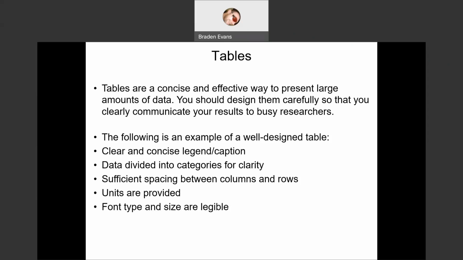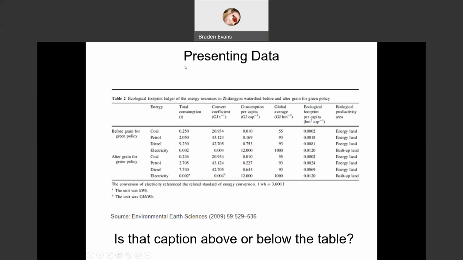You give units, you give a full complete caption, give the reader all the information that they need to completely understand a table by looking at the table on its own, okay? So table number one, here we go. This is from a peer-reviewed journal article, so this is pretty technical stuff. I don't expect that we're going to understand this in all of its detail, but let's look at how it's organized. First off,